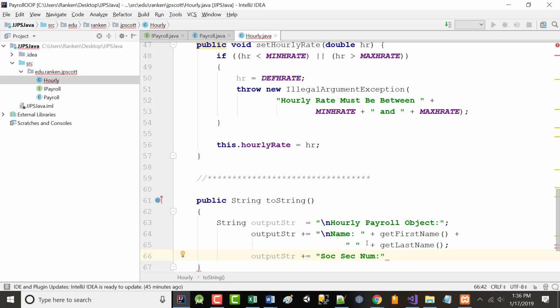In fact, after the name, I'm going to put in a bunch of tabs here. I'm just going to try to format it now with you guys. If you don't like it, format it yourselves later. That's not a problem. All right, plus get SSN.